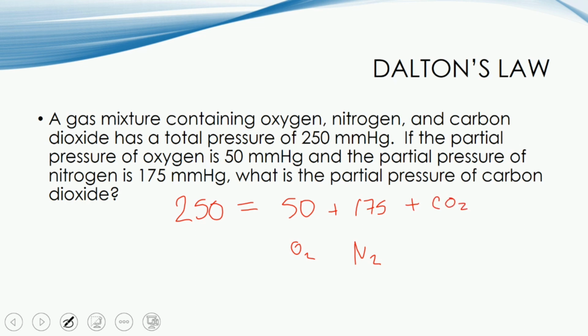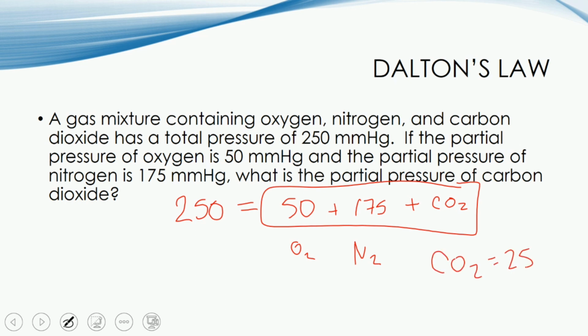So that is our question. Well, if we know that the three of them have to add up to 250, what we could do is just do the opposite. From 250, we could subtract 50 to account for oxygen and then subtract 175 to account for nitrogen. Then we would end up with the value for carbon dioxide, which comes out to be a total of 25